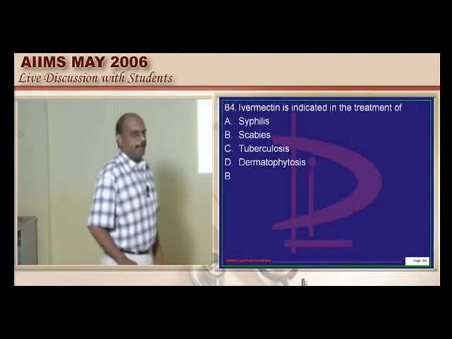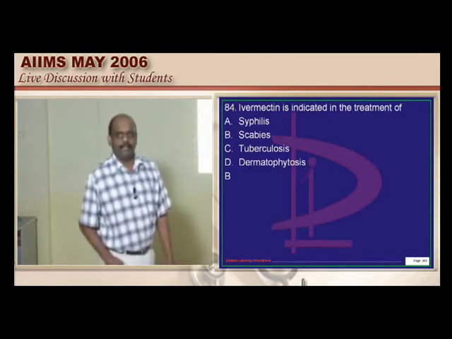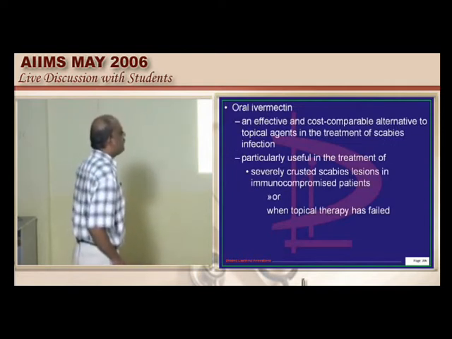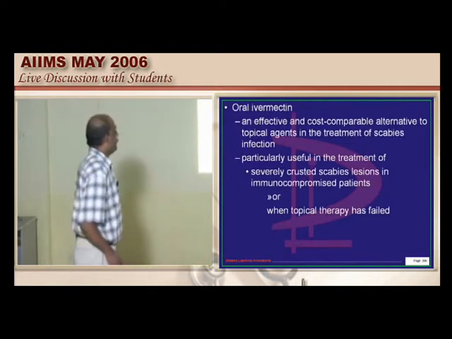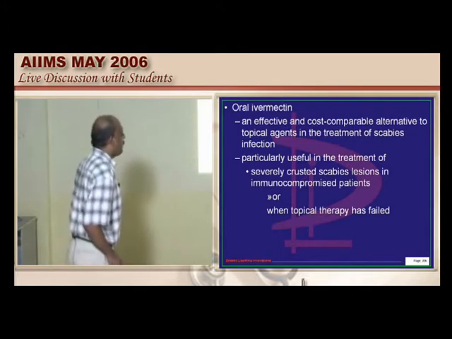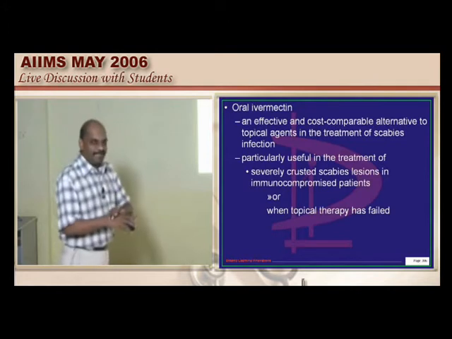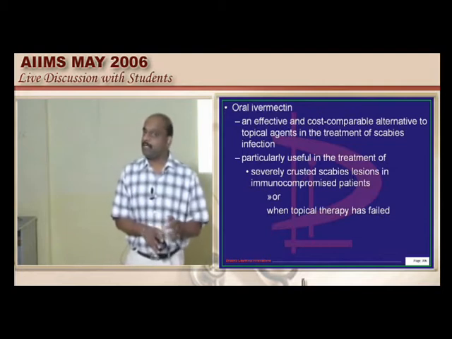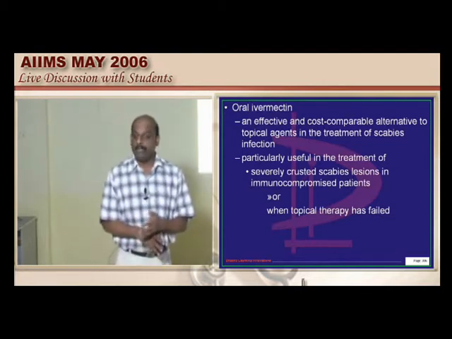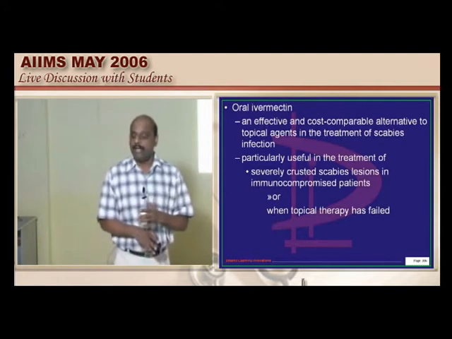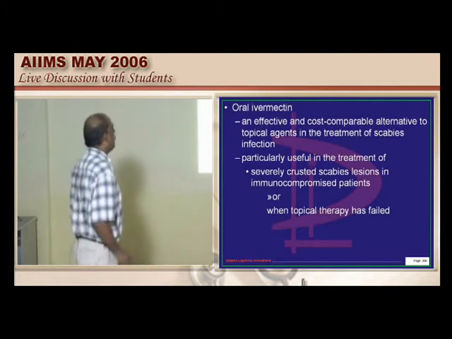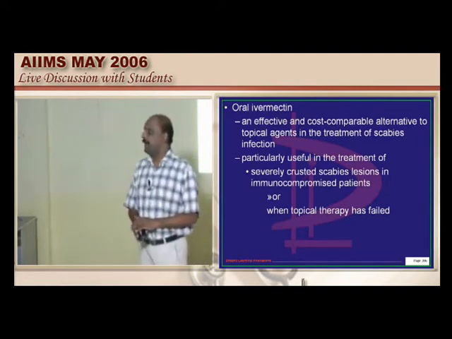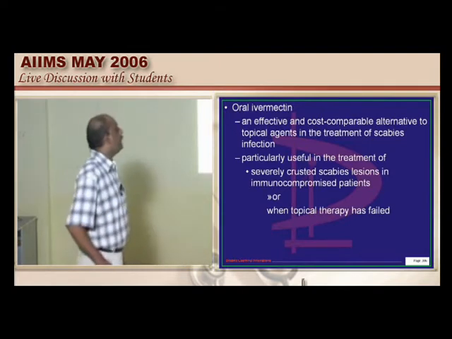Ivermectin typically is indicated in the treatment of which important infection? Scabies. A lot of agents are used in scabies. The oral ivermectin is a very affordable solution which is available for you, and typically whenever there is a severely crusted scabies, which is not uncommon in an immunocompromised individual. For example, if a patient is on steroids, he is immunocompromised. Similarly, an HIV individual, post-renal transplant, scabies is highly prevalent in him in that scenario. Similarly, when the topical therapy for scabies happens to fail, in that scenario, oral ivermectin is considered to be